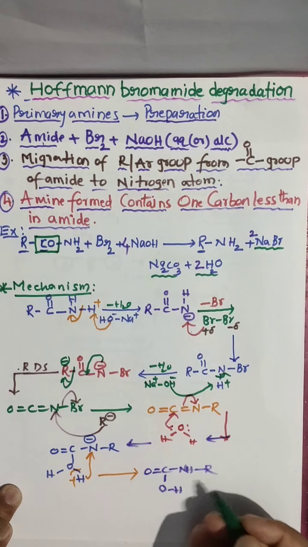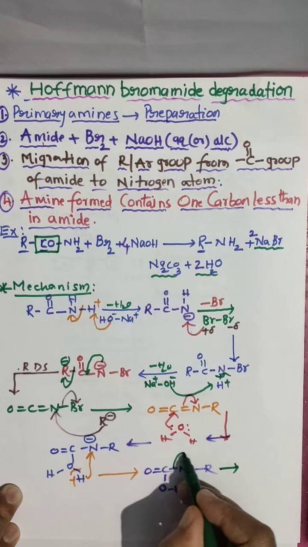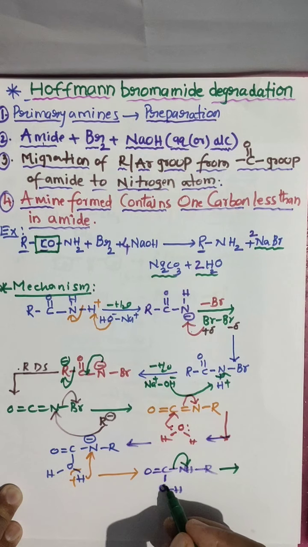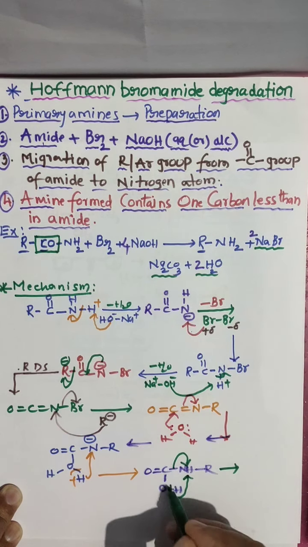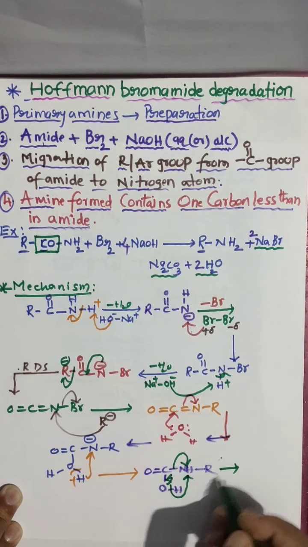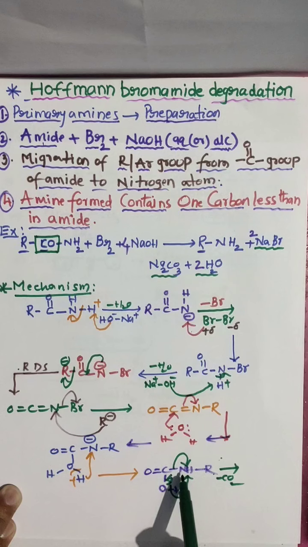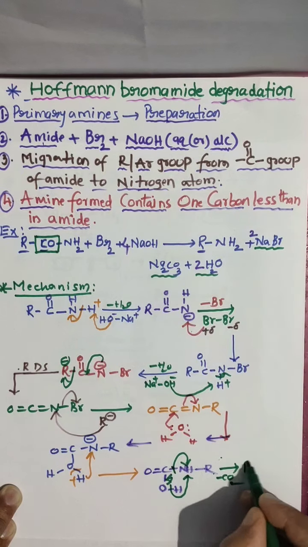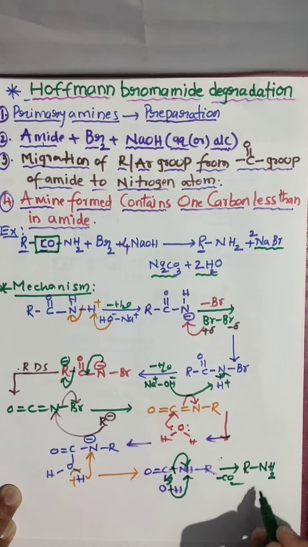Next, the final step to get the product. This bond is going to be shifted to here. Immediately this hydrogen will attack on nitrogen, and this will break. This bond is shifted to here. Then elimination of carbon dioxide. We are removing carbon dioxide. Remaining part what we have, R, NH. We broke this bond already. This hydrogen is attached. Finally you got RNH2.